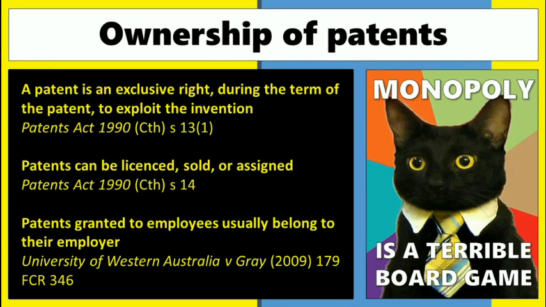Because patents, unlike copyright, must be registered, it's usually a lot easier to determine who owns a particular patent. And again, if parties wish to apply jointly, they may do so. But patents are, like other types of intellectual property, something that can be used. It can be sold or assigned or bequeathed in a will. It can also be licensed. And so, again, the rules governing the licensing of patents for others to use are governed by the rules